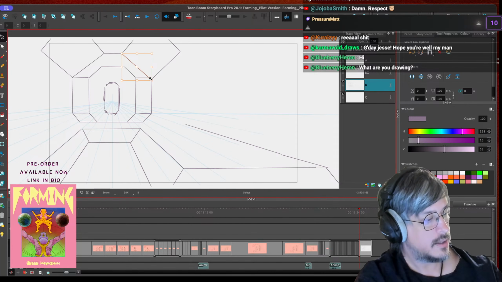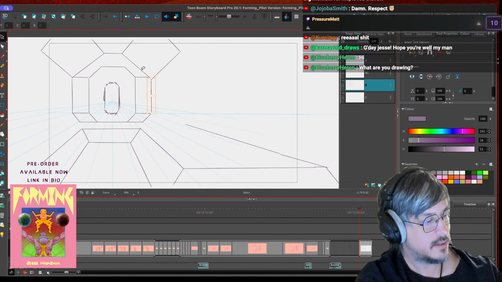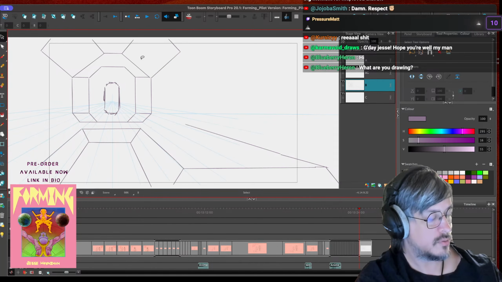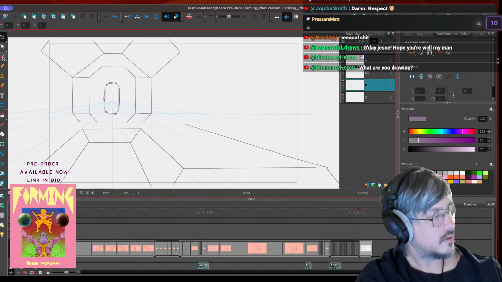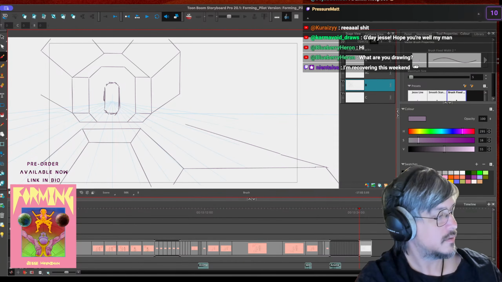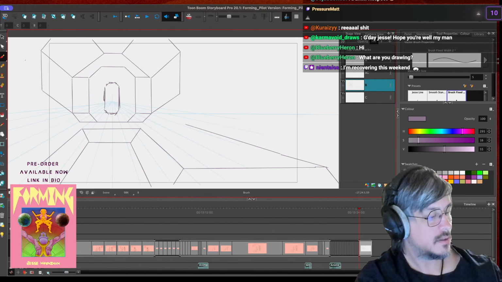I'm trying to draw a futuristic alien boiler room, essentially. A switchboard area where they can divert power from the local power grid to the palace. And I'm just figuring out what this location looks like.